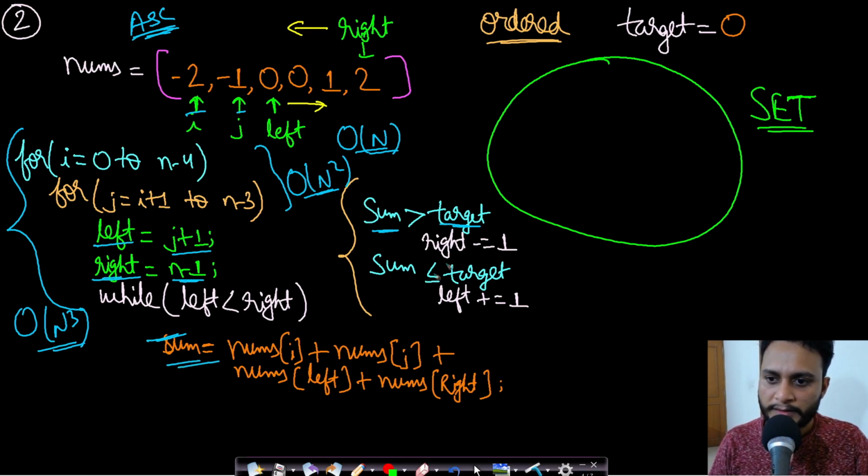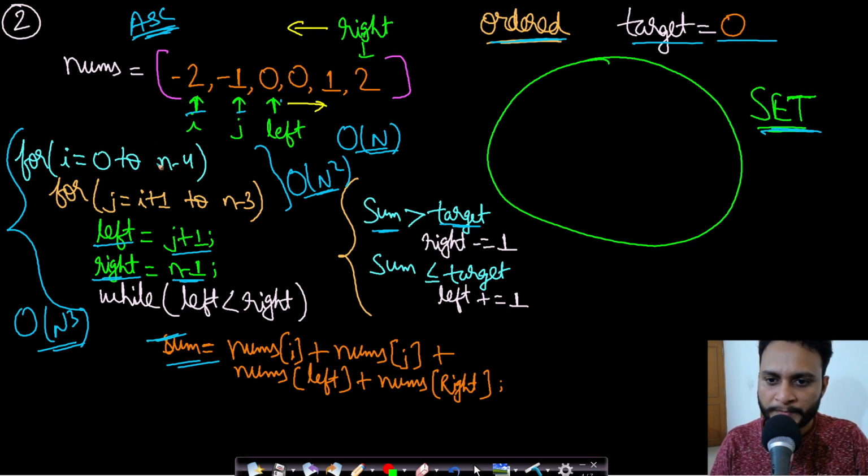So once we find that sum is greater than target, then we will move to the left, because the highest elements are always on the right hand side, because the array is in ascending order. And if sum is less than or equal to target, then we will move the left pointer to the right hand side. Okay, so this is pretty simple to understand. We will always maintain an ordered array, so we will just order it using sorting. This is our target value, and we will follow the same set approach which I told you in approach number 1.